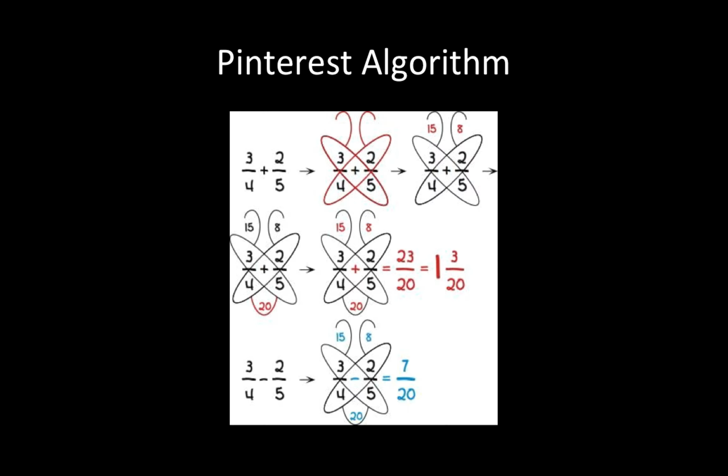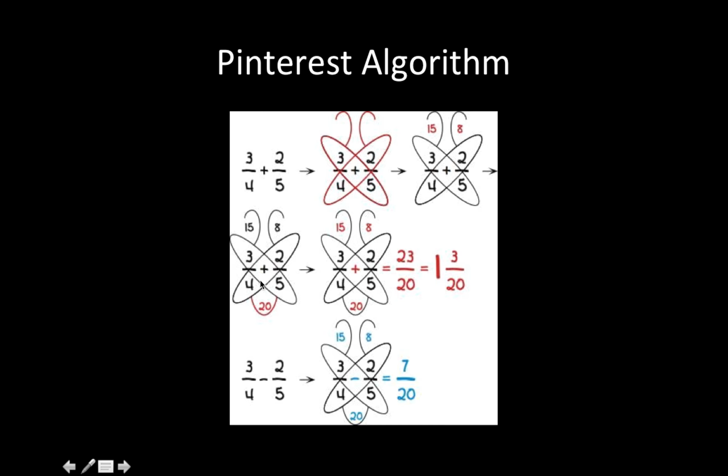Now, here's the Pinterest algorithm that I found, and it's the butterfly method. And you're going to like it, and your students will too, but really it does not have a lot of number sense involved. So what do you do? You can see here you have 3/4 plus 2/5. What you're going to do is you're going to cross multiply 3 and 5 right here. Put the 15 up here. That becomes the little